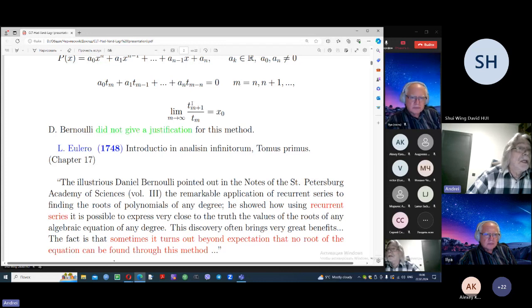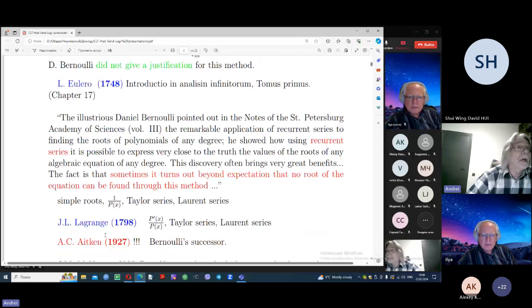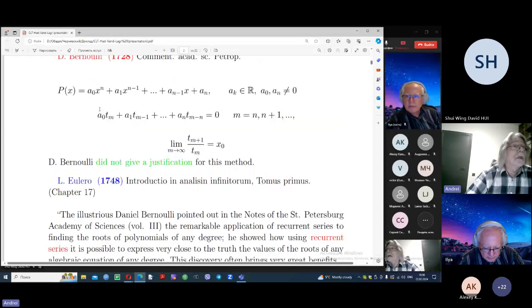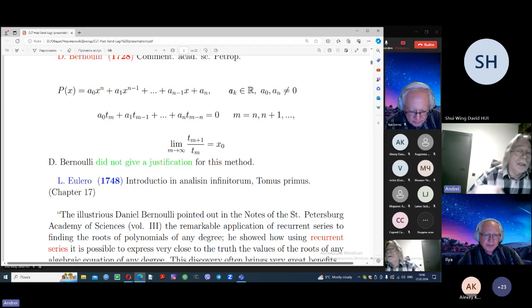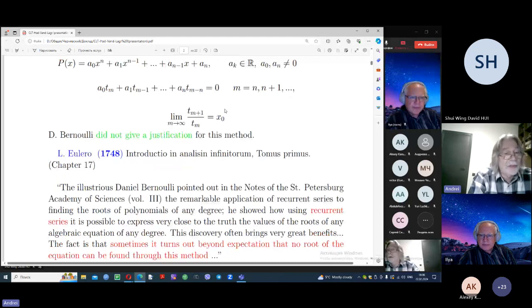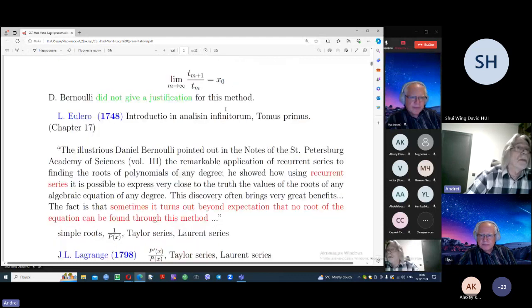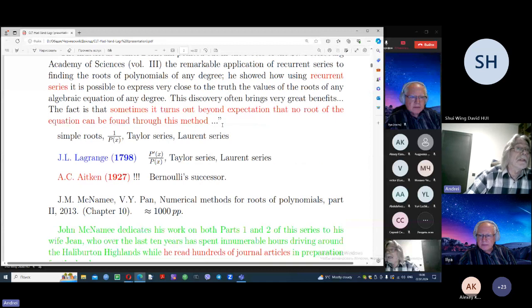All of them considered polynomials with real coefficients, and in fact only real roots of a polynomial. Aitken proved that by considering the ratios not of the terms but of certain determinants built by these terms,